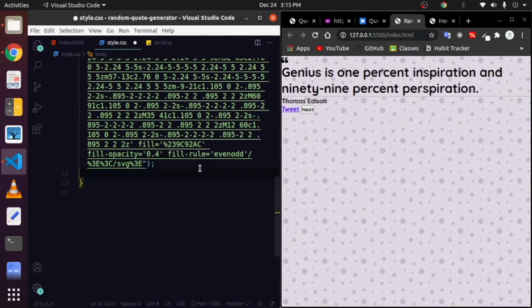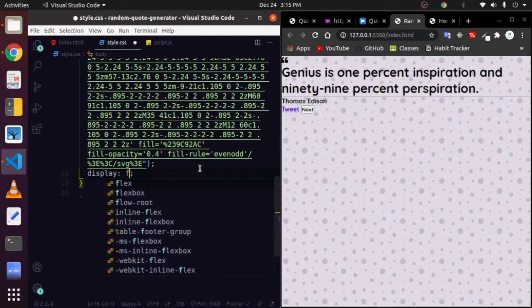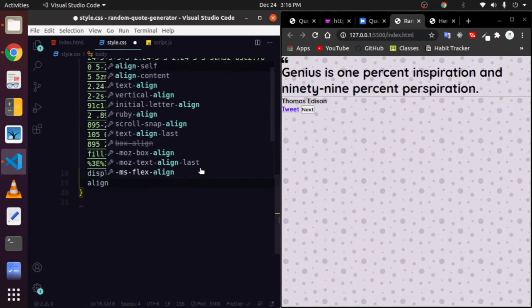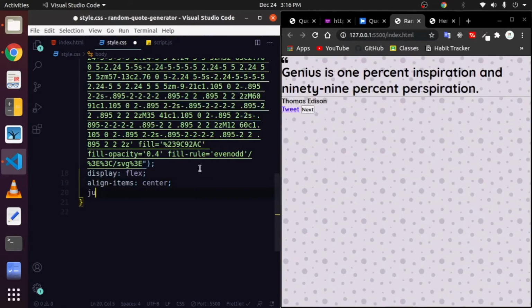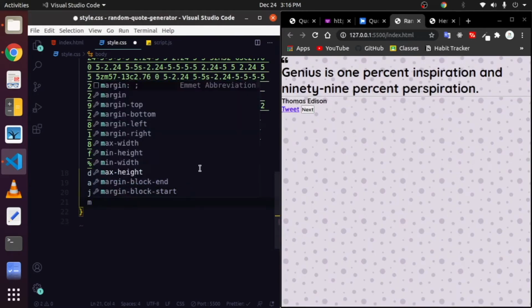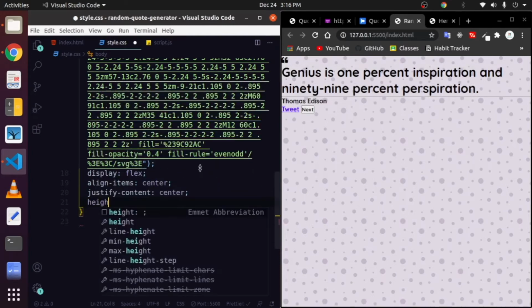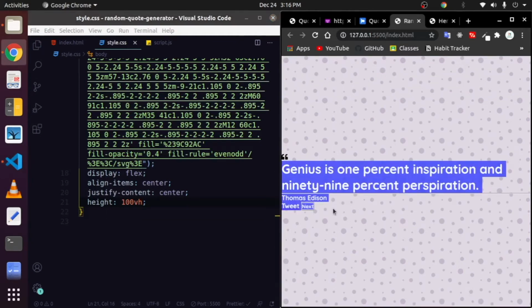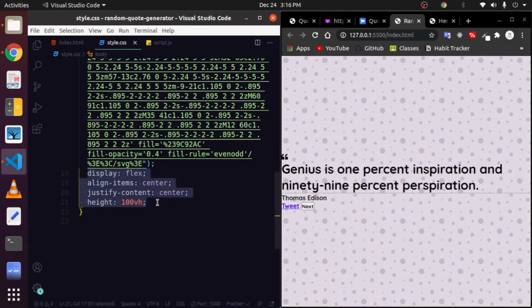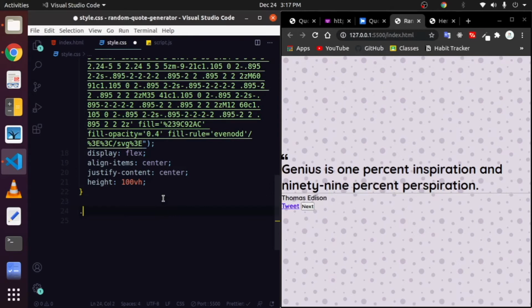Now inside the body tag, give it a display of flex and align the items to center like this, and then add justify content to center like this, and then give it a height of 100 viewport height. So it will center our text to the middle. Here I am using flexbox, and align items center centers this content horizontally, and justify content center centers this div vertically, and then select a container div